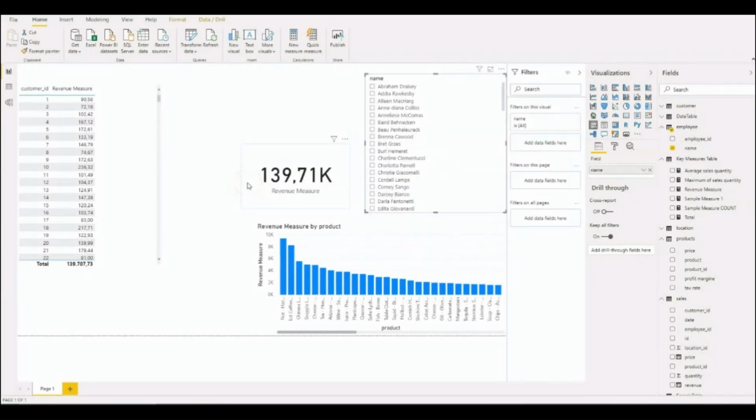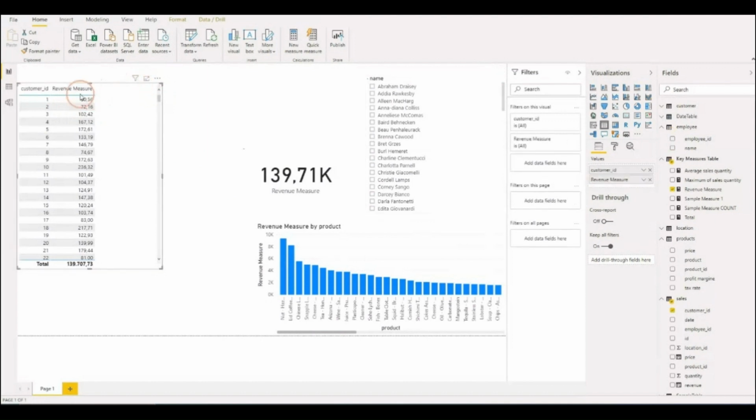So when we want to understand the calculations of the measures, we have to understand the filter context. The filter context is that very fundamental concept that helps us to understand how measures are calculated. So we have two ways of filtering. When we see, for example, this calculation here that is calculated with the revenue measure, then we have external filtering